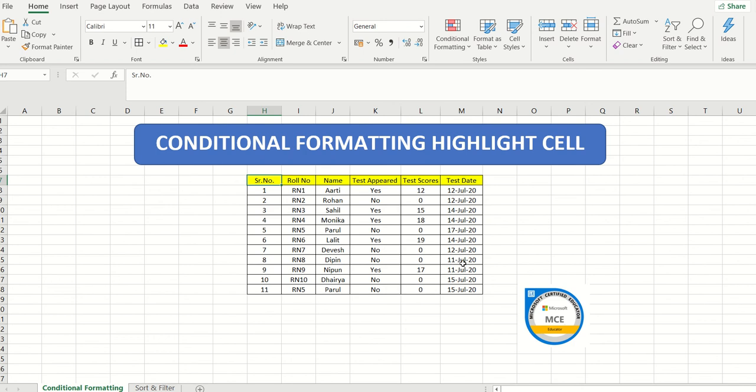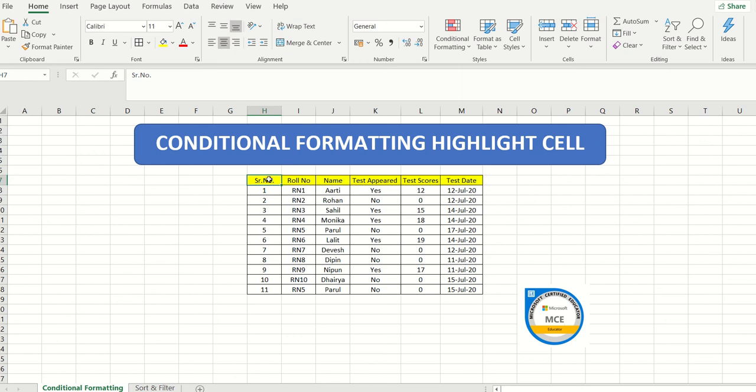So what I'm going to do is collect this data. Now over here there are only 10 to 11 entries that you are seeing in front of you. However, in a real life situation, when you apply conditional formatting, it is going to benefit you when the data is huge. I mean, when there are more than 100 entries and it is very difficult to find out exactly which is the specific set of people who have done it or not. This can be used for a variety of purposes. So let me just take you through it.